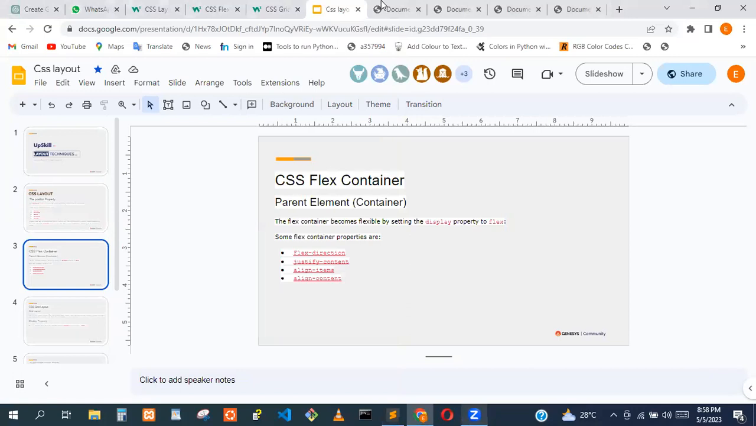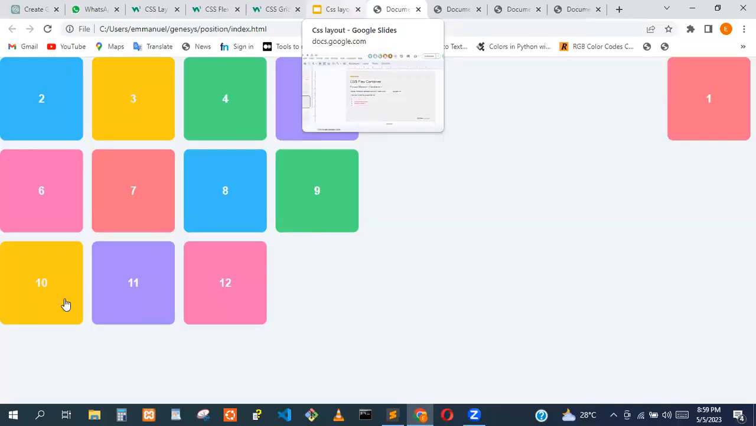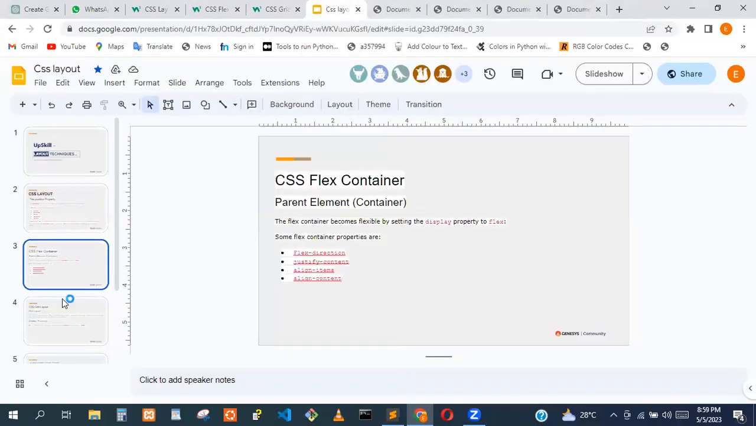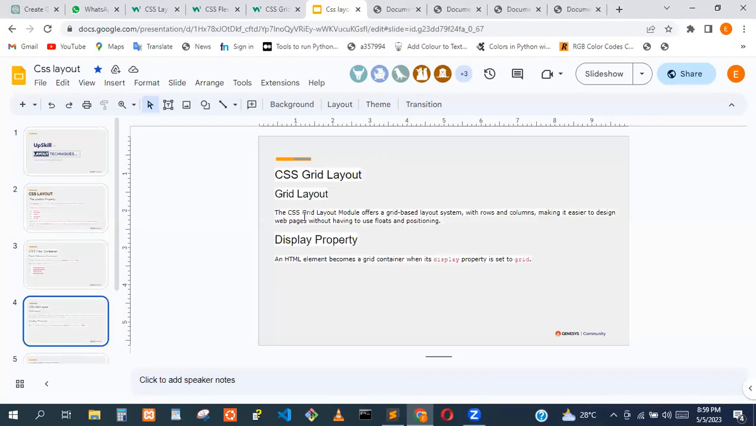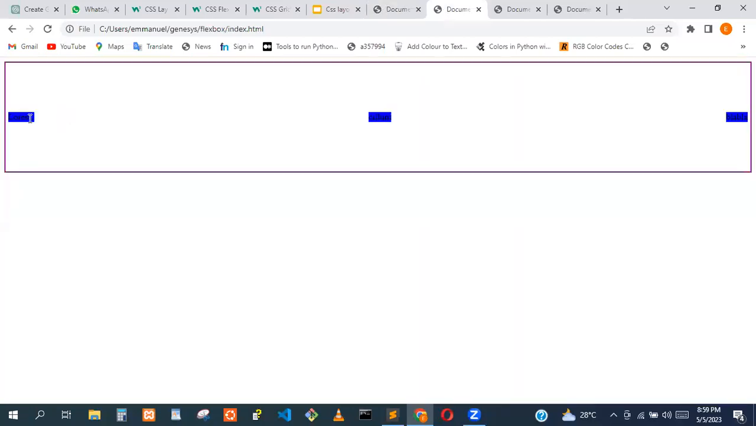Let me just get to the next one, grid. The way grids work is that flex is more like one-dimensional, where you can have it in this direction or in this direction. Grid kind of gives us more